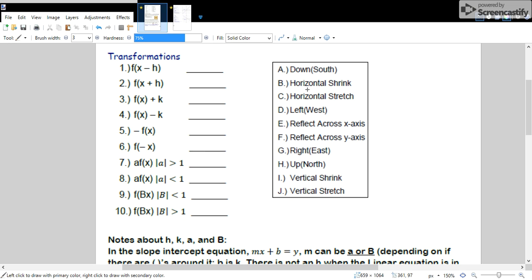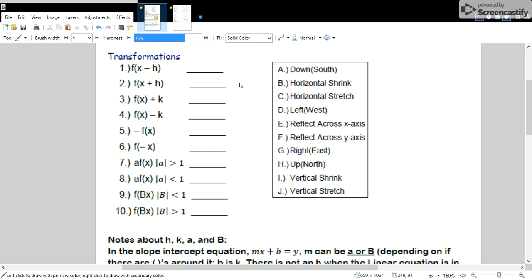Okay, guys, so this is page 5 of your linear functions booklet. It's over transformations. Now, these are the standard notations for each of the transformations of a function. So, number 1, f of x minus h will be your right